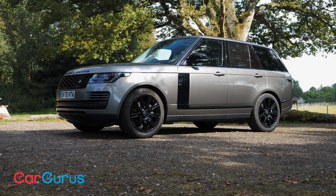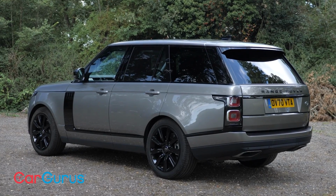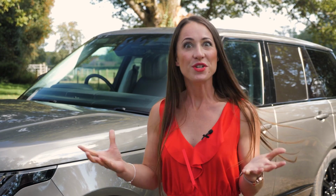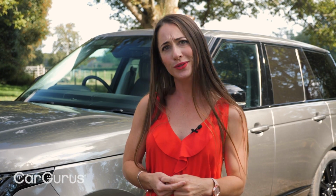Nothing short of a Rolls Royce or a Bentley can better a full-fat Range Rover when it comes to automotive status symbols. But the thing is, between you and me, this shape Rangey's been out since 2013, so it's getting on a bit, and there's some newer contenders out there now. So the question is, does it prove that style never goes out of fashion, or is it getting a bit